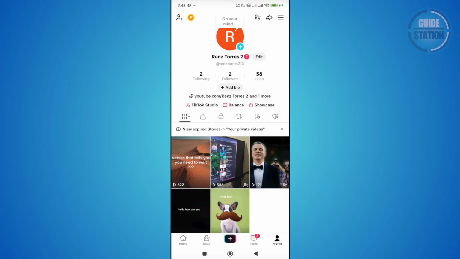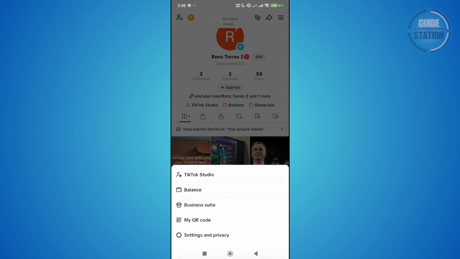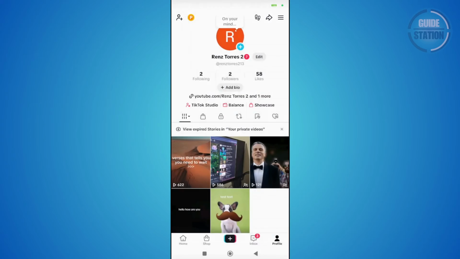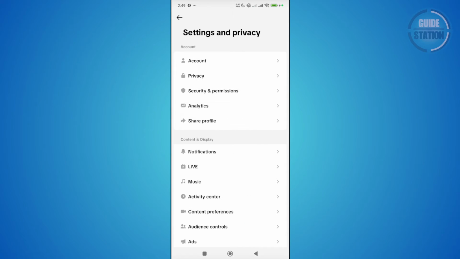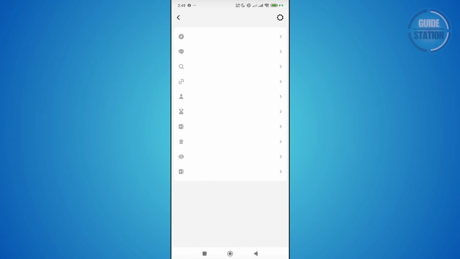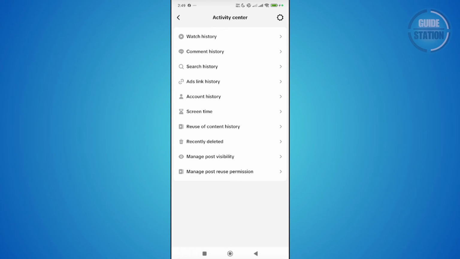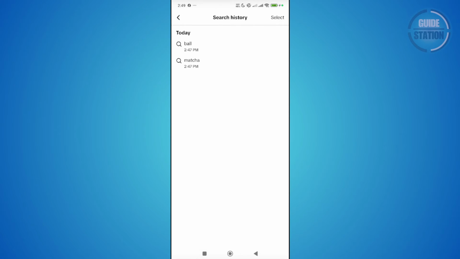So you go to your profile at the bottom right here, click on the three bar icon at top right, and click on settings and privacy. Now from here, you want to go ahead and go to activity center. You want to go ahead and go to your search history, click on select all search history, click on delete